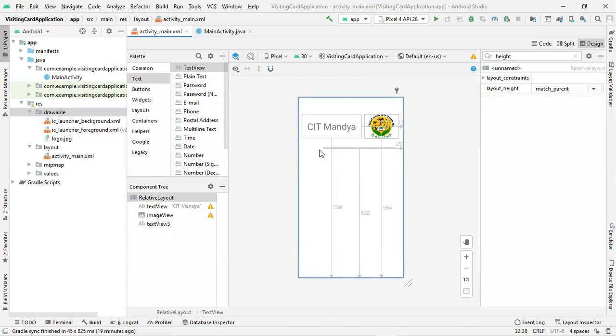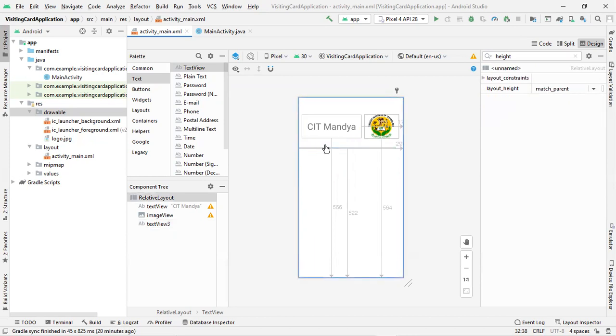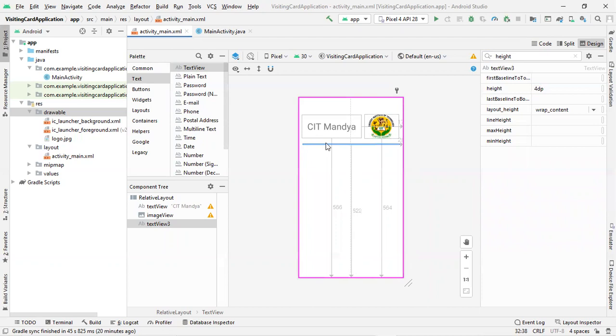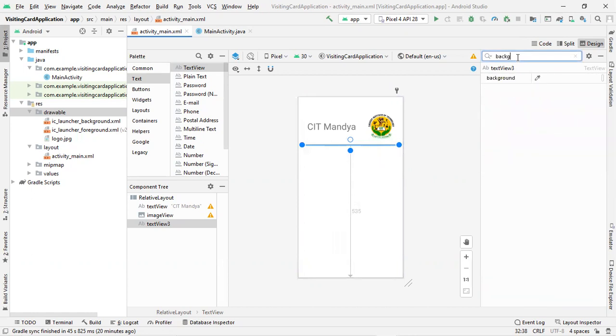This is how I'm doing the realignment. As you can see, I'm extending it, creating a line here. So why are we creating this particular line? To segregate our company details from the employee details. This looks better here, but let me change the color of this line. In order to change the color, you should click on the particular component. Again, here you should go to background.